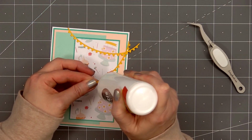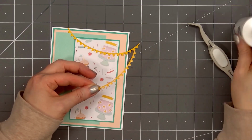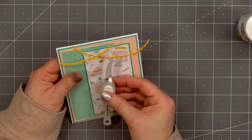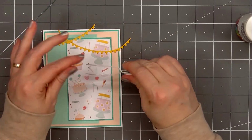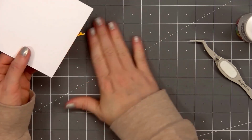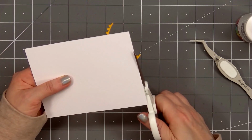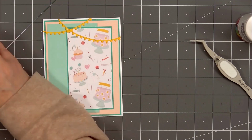I'll put glue on the back side of the area that'll be attached to the card. Then I'll flip it over, use my scissors, and trim off the extra. And the liquid glue I'm using is Scrapbook.com's Artis, and I have the ultra fine metal tip on it. I will be adding an oval die cut, but for now I'll set aside my card and start assembling one